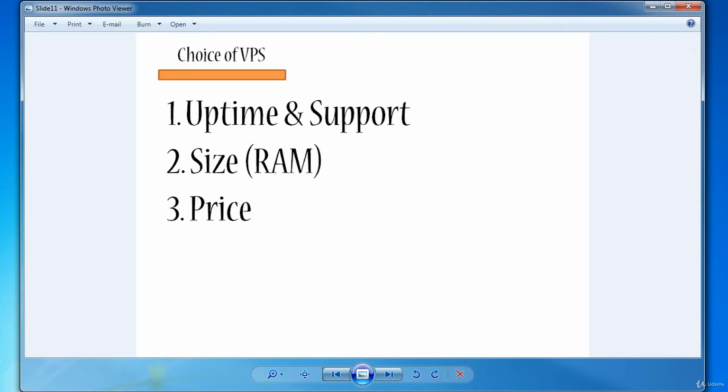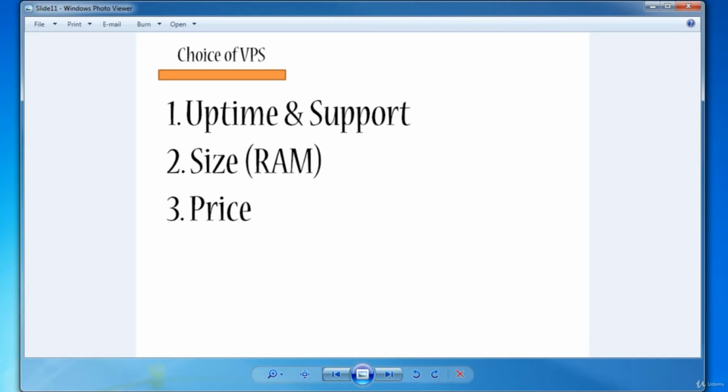Next is price. So price will vary based on size, but it'll also vary from provider to provider. Sometimes you'll be overpaying for the name of the provider. Like in the case of Rackspace, you might be paying way too much just because it's a very well-known company. And sometimes you will also be overpaying for features of the VPS that you don't really need for Forex trading, like a control panel, for example. That's a very good example. On average, you pay an extra $7 per month minimum for a control panel,